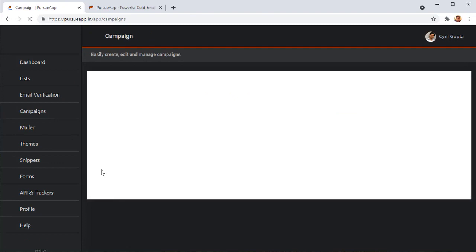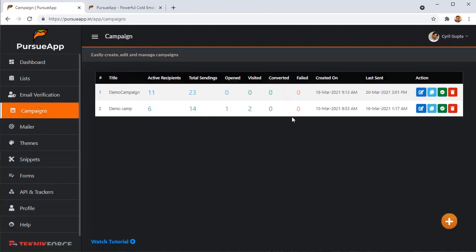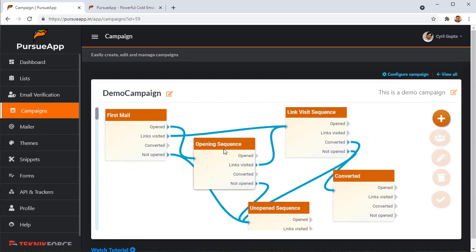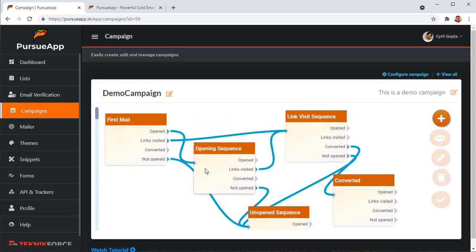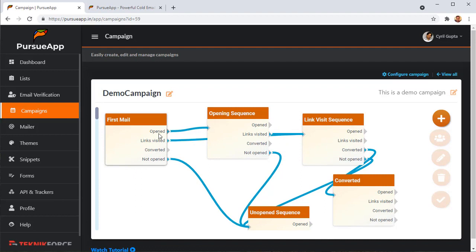Finally, you can actually set up campaigns for your cold emails. That's where the magic sauce is. You can create a campaign to send out mail sequences to your prospects, and this is done in a wonderful manner inside of Pursue app. Here you've got this beautiful campaign designer which can let you decide exactly how you want the emails to flow. For example, you can see here that this is the first mail that will be sent,